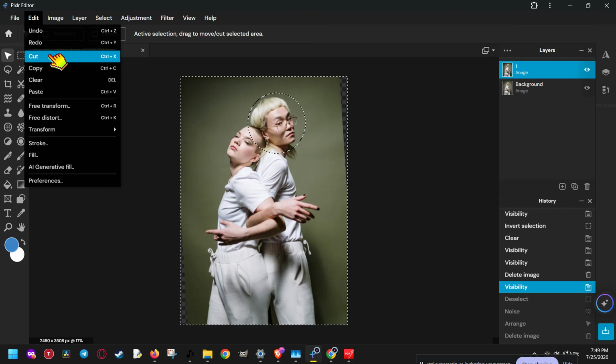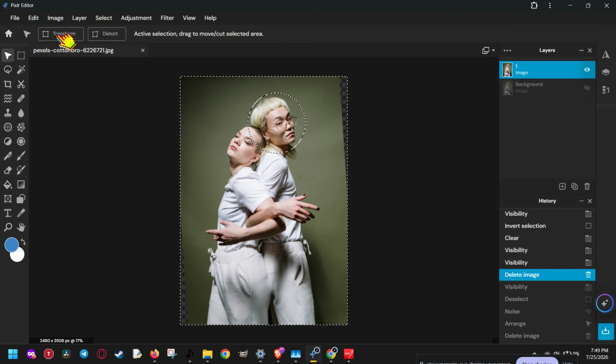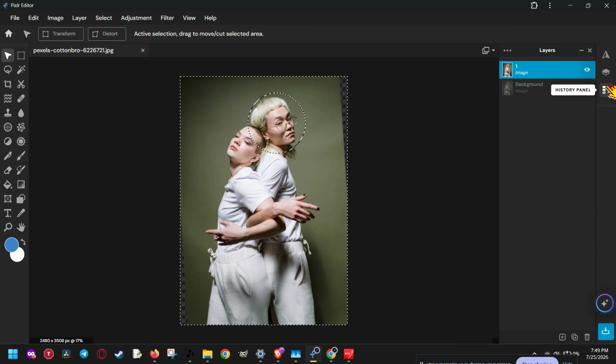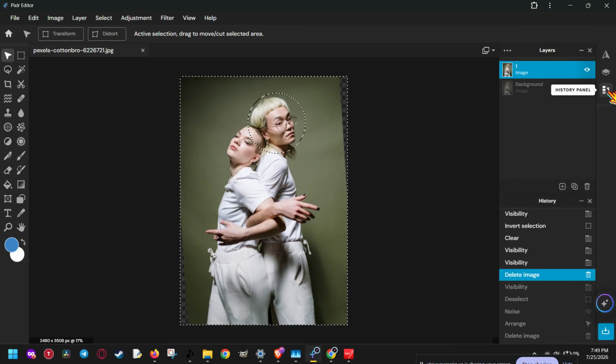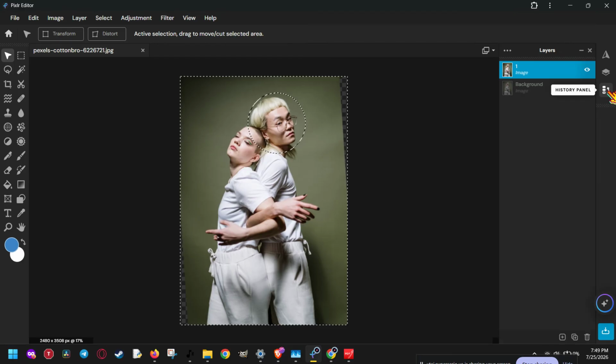Now, if you prefer using the interface instead of keyboard shortcuts, Pixlr also gives you another easy option. Look at the bottom right area of the workspace and open the history panel. The history panel shows your recent editing steps in order, so you can move back and forward through your actions more visually. If you want to redo steps using the panel, navigate through your history until you reach the point